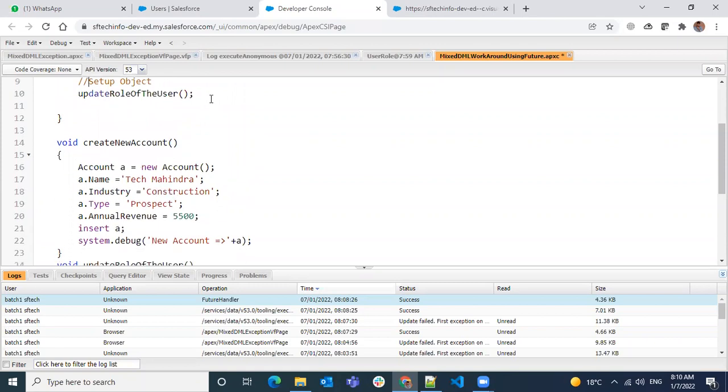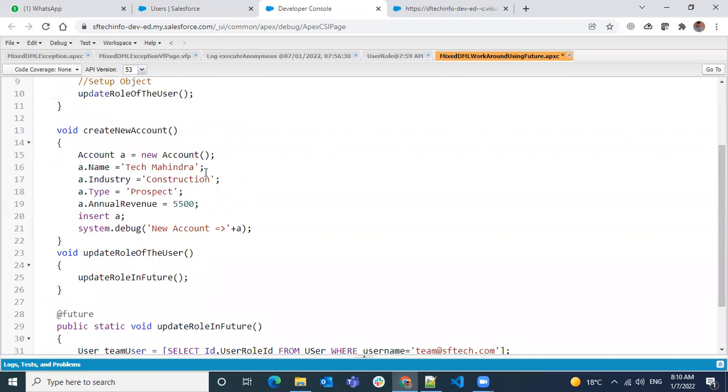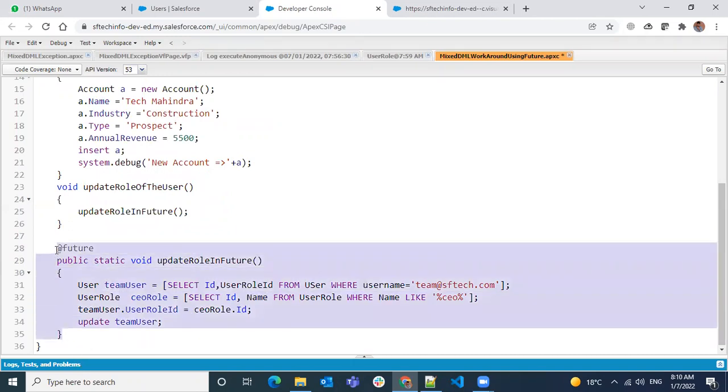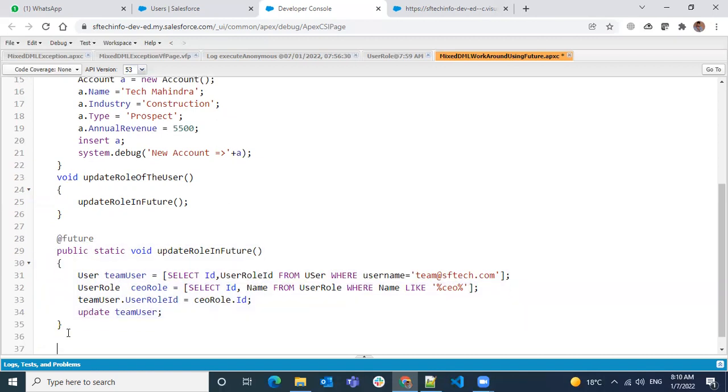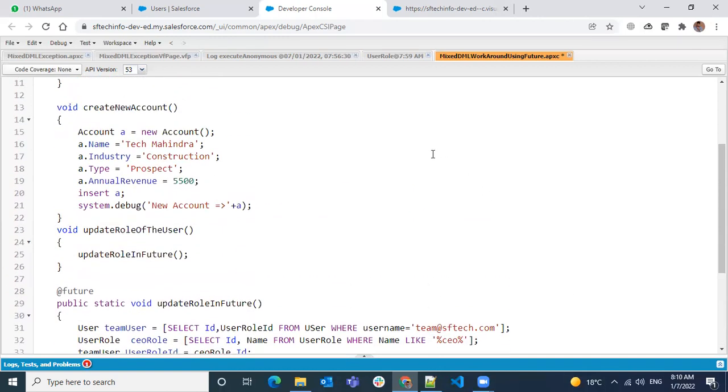Set up object. So what I will do is create one more future method. Here I will call it create account future. So here what I'm trying to do, I'm trying to do everything here